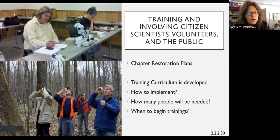We do a lot of training to involve citizen scientists, volunteers, and the public. We have actually developed training curriculum, and then as part of TACF's implementation plan, our strategic initiative, we want to try and reinvigorate that as we get more and more trees planted out. You'll see throughout this, I don't know how much this will interest you, but just in case you're curious,